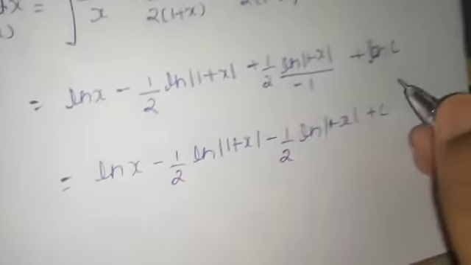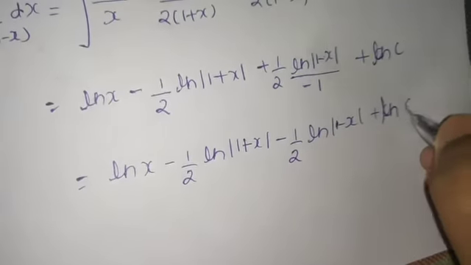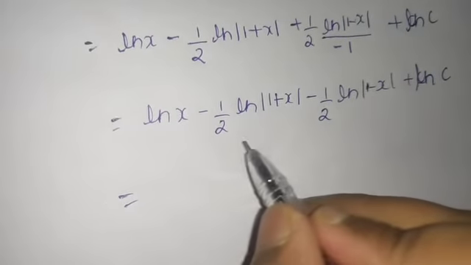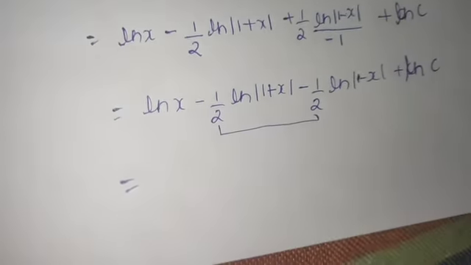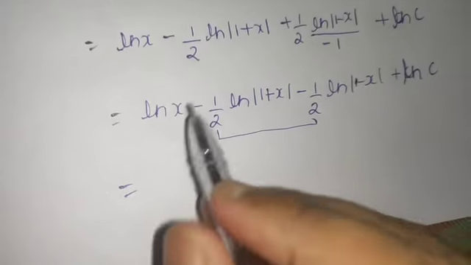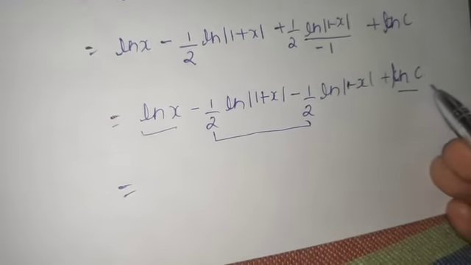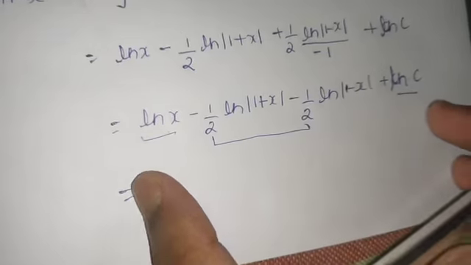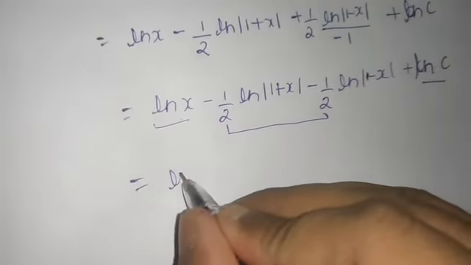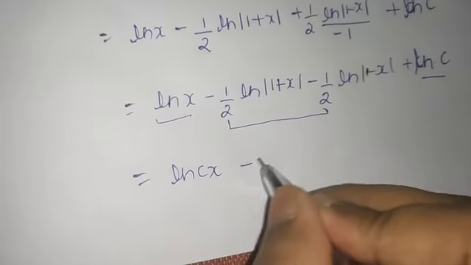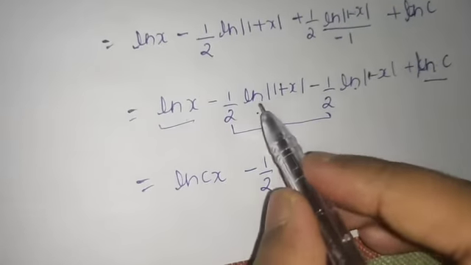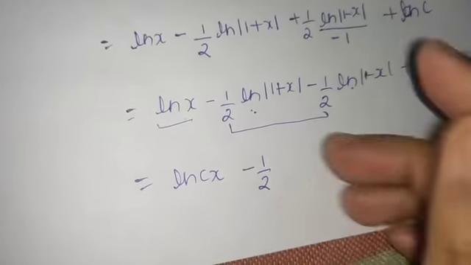Let's see if we can do any adjustment with this. From these two terms, and from these two terms, log a plus log b. So if you club the first and the last, you will get ln cx, minus 1 by 2. If you club this and this, log a plus log b again,